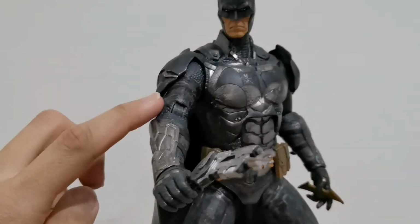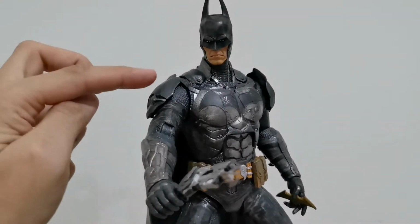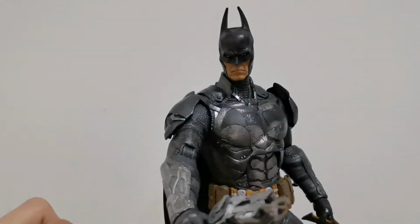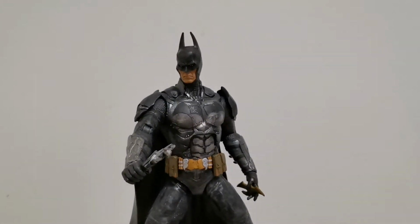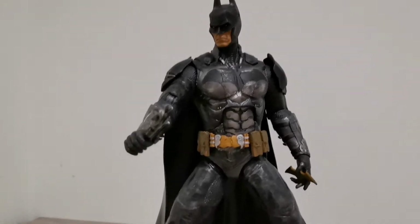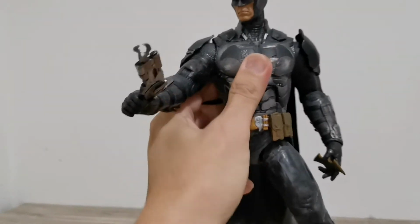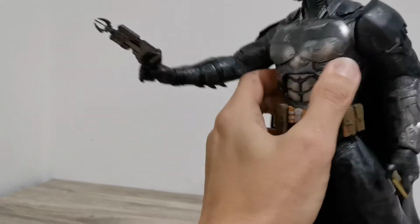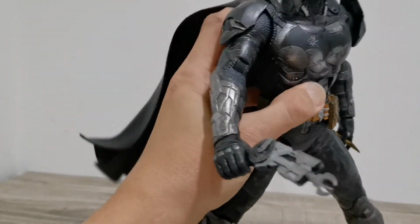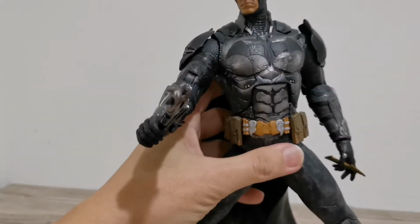The shoulder pad here actually is limiting the possibility of the shoulder to move further away more than 90 degrees from the body, so that is a bit of a disappointment. Other than that, the chest here actually is able to rotate in such a way, no problem at all. So it can rotate left and right, and down and up a little bit, so that you can pull off some other